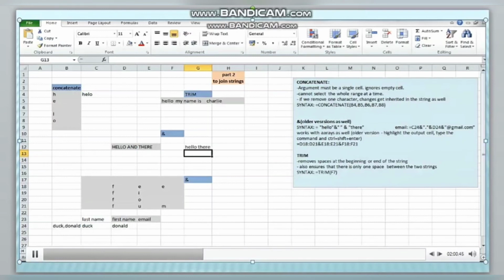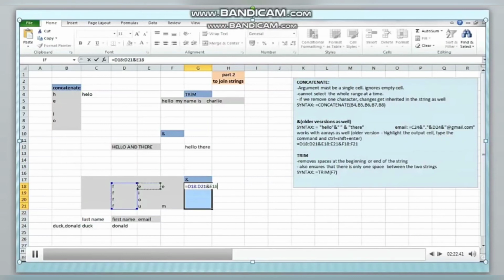The AND function also works in arrays. Now since this is an older version, the procedure is a bit different. First I have to highlight the area of output, then I will write the command as equal to, select the whole range, and next select the whole range, and next select the whole range.